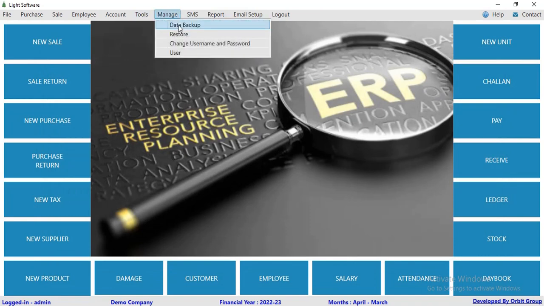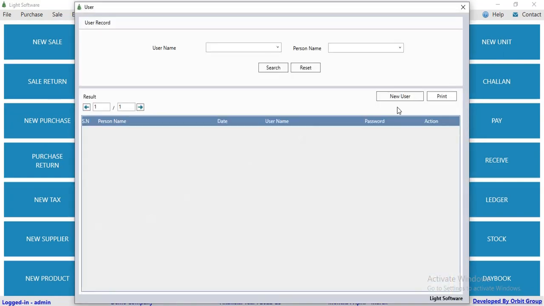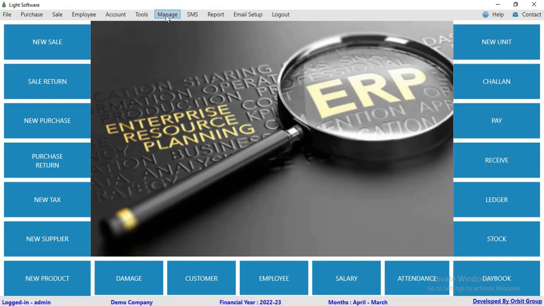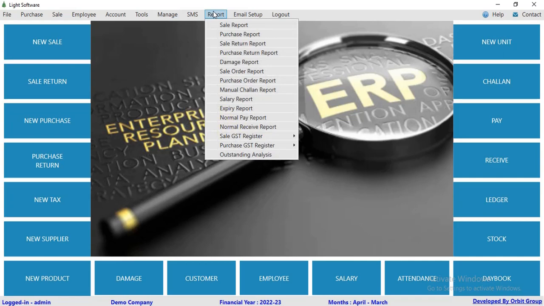And from the manage you can back up the data. You can also restore the data. You can add the user from the new user button to use the software, and you can change the username and password here. And from the report section, you can generate reports like sale report, purchase report, sale return report,